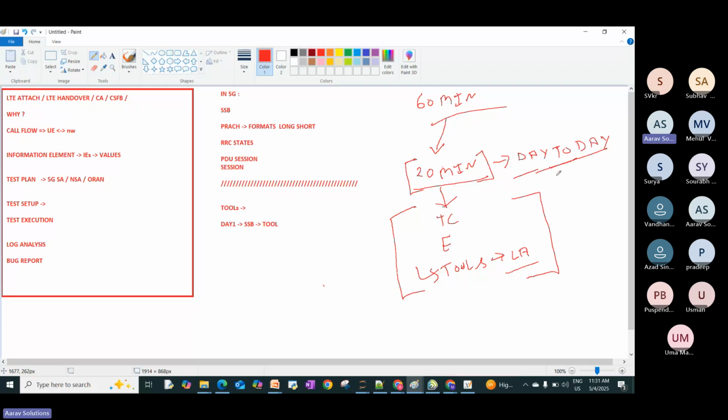Day to day activity means on a day to day basis, what type of work you are doing, what type of scenarios you are executing, what all tools you are using. These things you have to explain very first. After that they will divert toward this direction. Once your initial start is good, then definitely